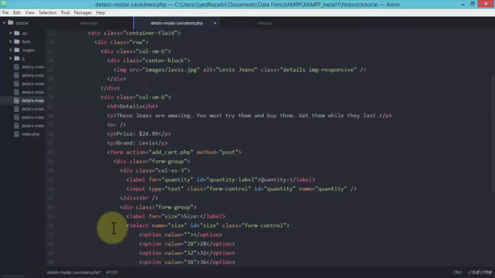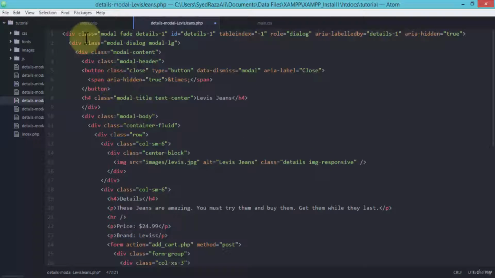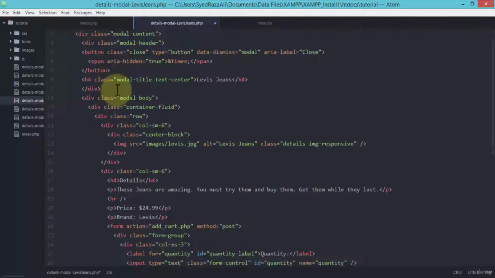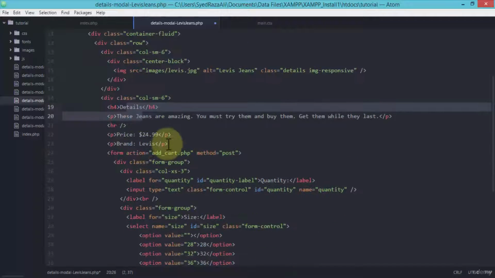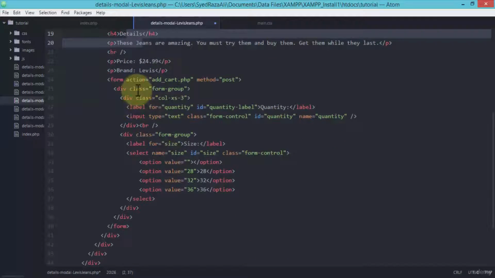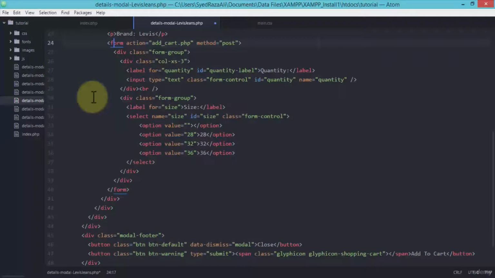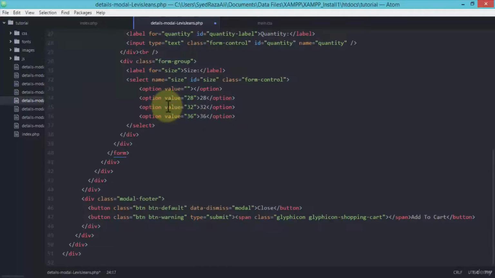Let's scroll up, recap our code. First, we created the modal itself. On the top, specify the location of our title, image, some text of the image, prices, and then created the actual form within this entire form tag for the user, included the sizes, and then finally the two buttons that